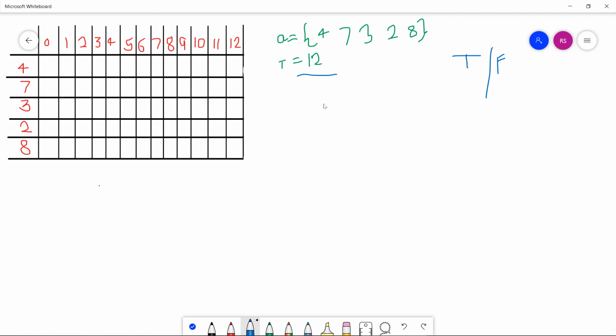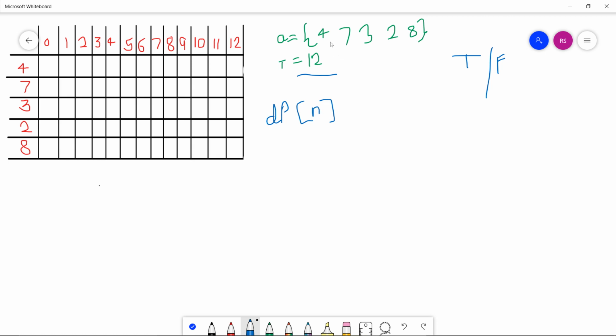Let's suppose we have an array 4 7 3 2 8, and we are given a target sum 12. We first create a DP matrix, whose row size is the size of the array.